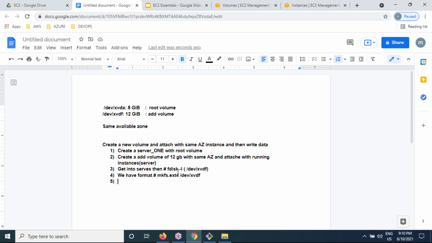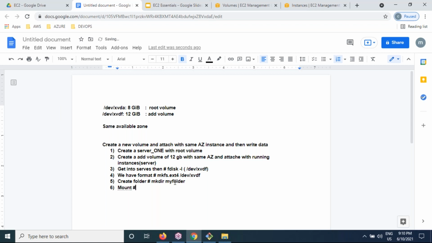We are going to mount the device with a folder. So please create a folder with the command mkdir, make directory. The folder name is myfolder, you can give any name. That's it, then we can mount. Mount is nothing but attach.